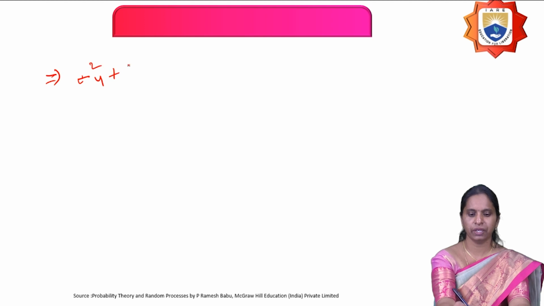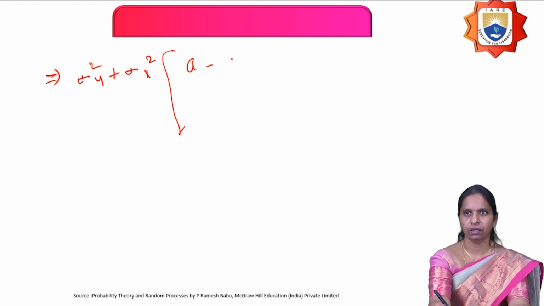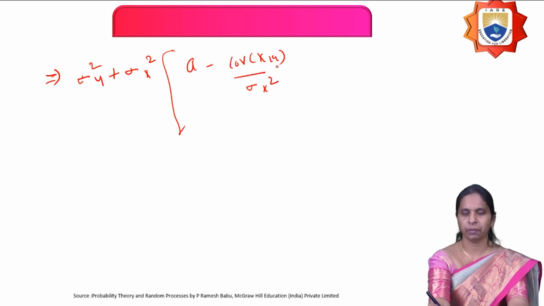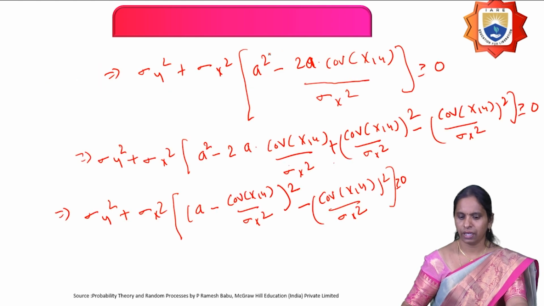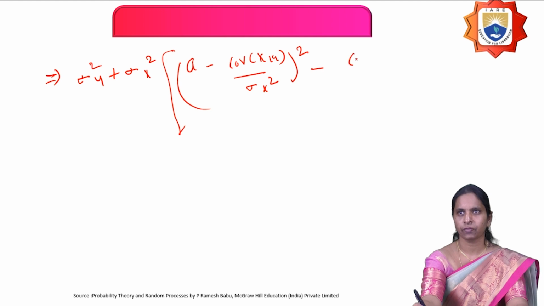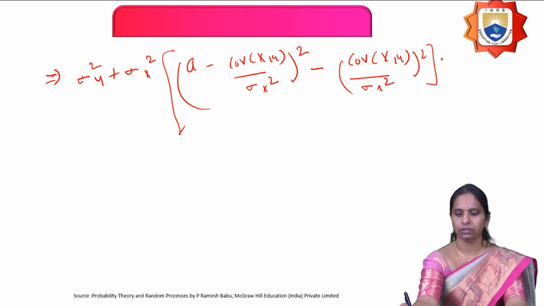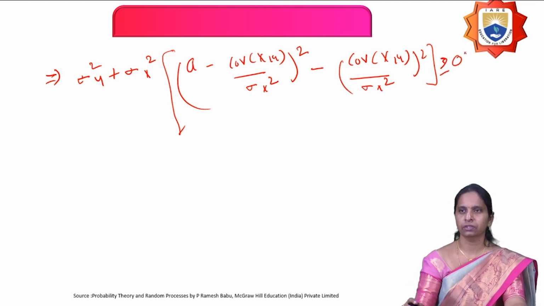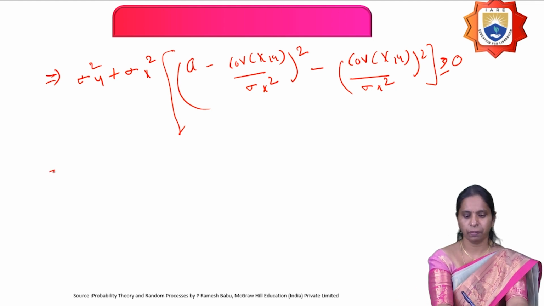Sigma y square plus sigma x square into a minus covariance of x comma y by sigma x square. This is also a square, so covariance of x comma y by sigma x square whole square minus covariance of x comma y by sigma x square whole square. This is the expression we got previously, which is greater than or equal to 0. So that implies